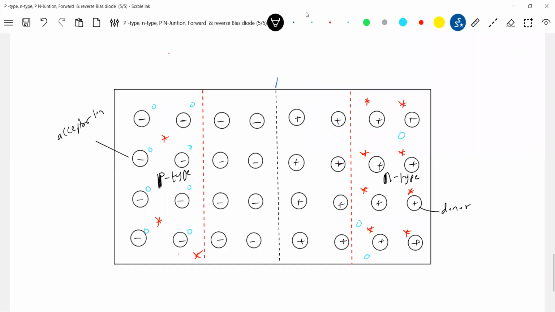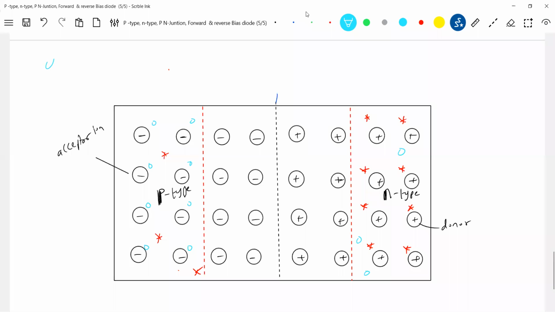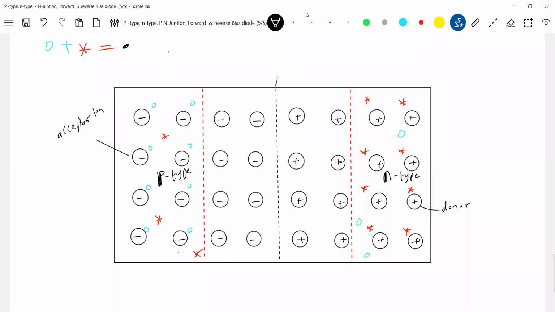Why does the diffusion stop? That's what we have to explain. Initially, the majority carriers will move from one region to another region. The electrons will move from N to P type, and holes will move from P to N type. The recombination will occur here, nearby the junction. What is the recombination? Already I gave the diagram. Okay, just remember. Recombination of valence electrons, we need not show in this region.